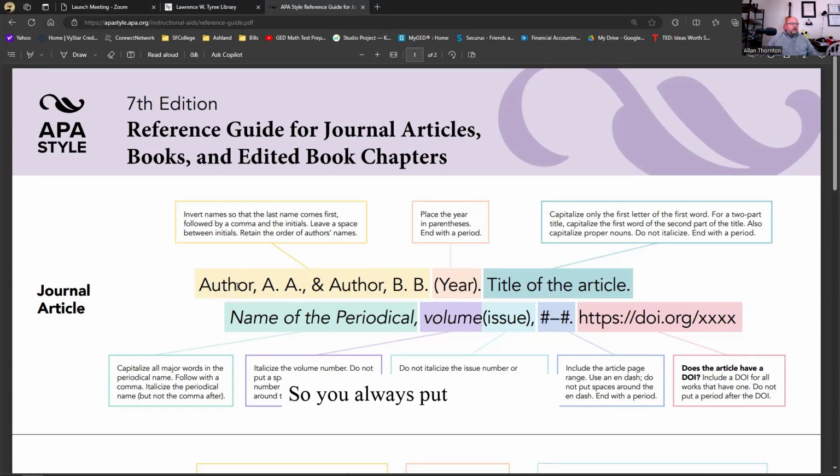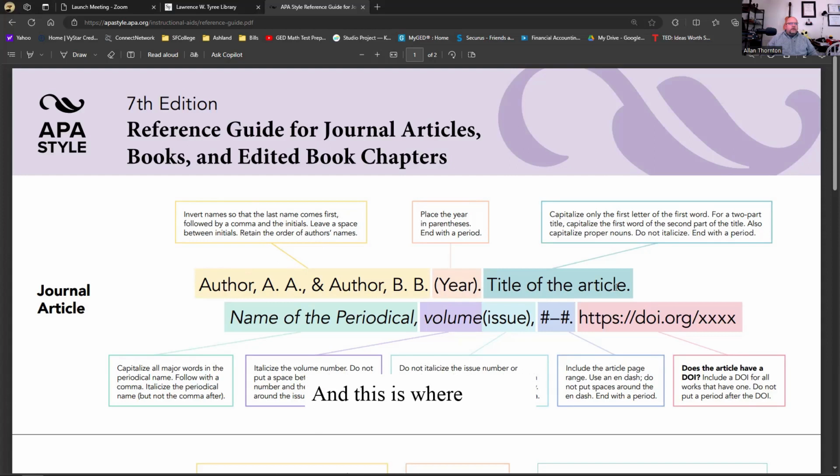You always put the author's last name, then their initials after a comma, then a comma, then "and." That will get you ready for the next author if there's more than one. If there's only one, then of course you'd only have the one listed. Then the year that it was published, and then the title of the article.